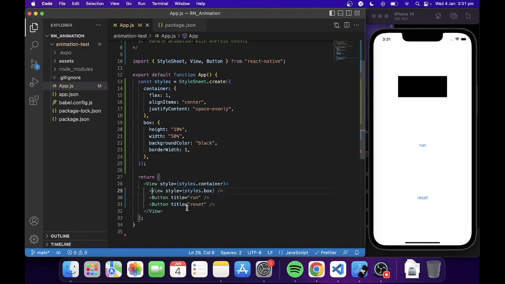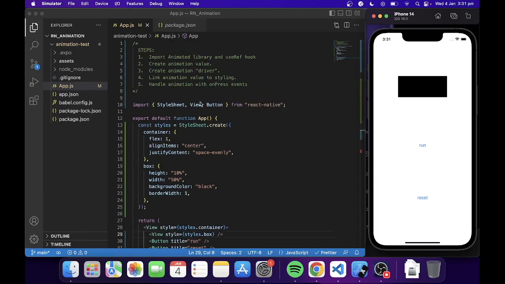We've got a container with 3 components inside, which you can see over here on the right. This black rectangle is going to be the one that we're animating. These buttons just do basically what they say. One will run the animation, the other will reset it. Basic styling, basic imports from React Native, and then up here is kind of an overview of the process that